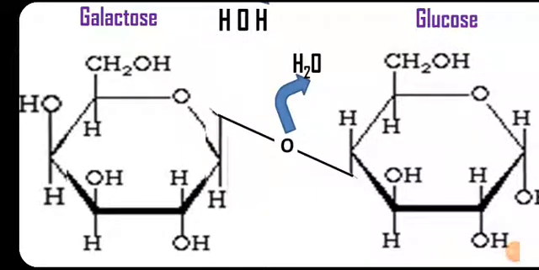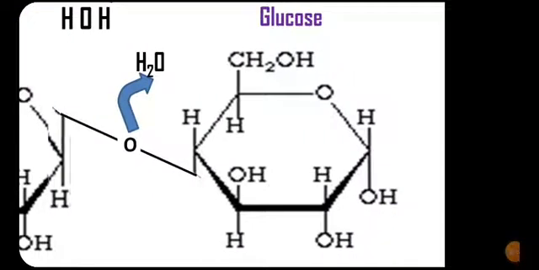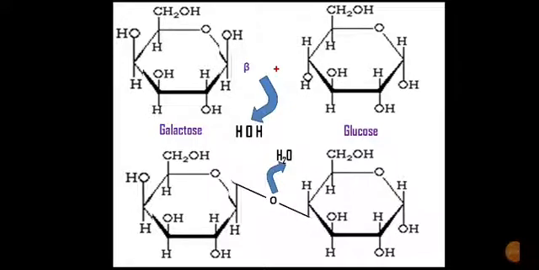You can see here that there is formation of this glycosidic linkage and there is removal of one molecule of water. So it is very easy to draw a complete structure of lactose and maltose if we understand the number of carbon atoms involved and the nature of that glycosidic bond, indicating the conformation, either alpha or beta, and which carbon number is involved.